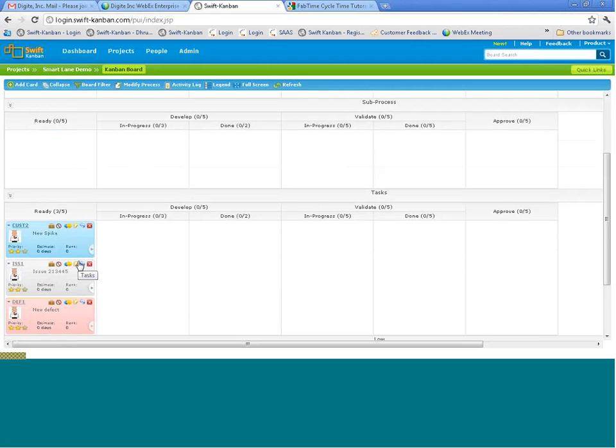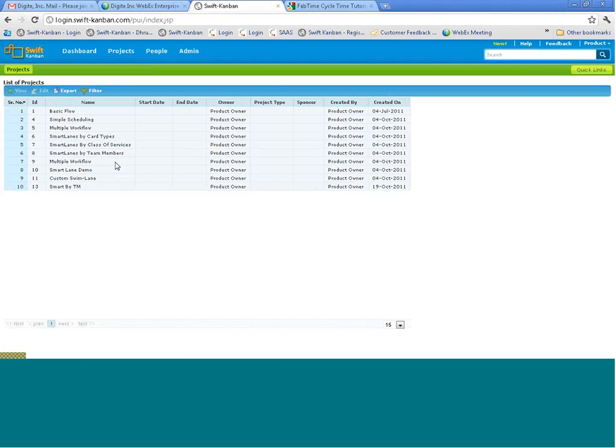So again, a very complex board. Just to show you that you can take any sort of a value stream you'd want, and you would be able to easily model it on our board as far as you know what you want to see in terms of visualization of your process. And I think the last one would be